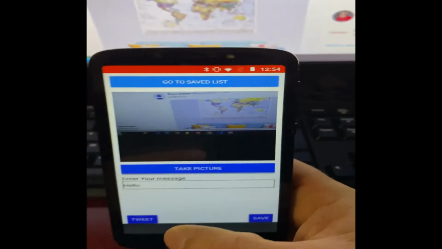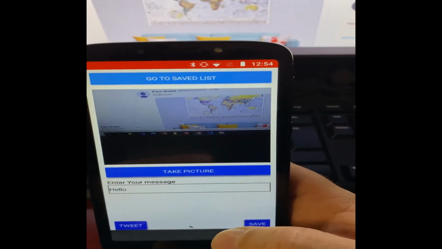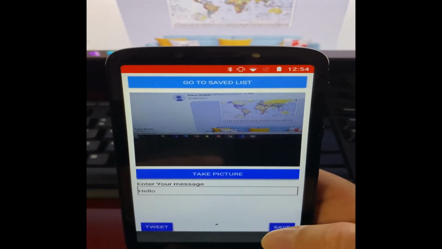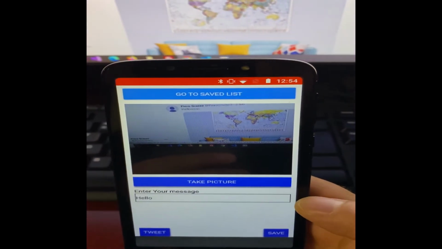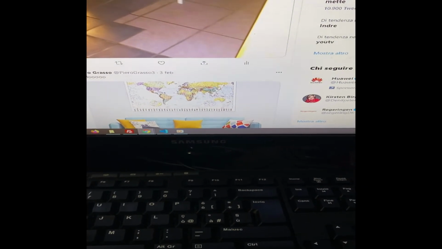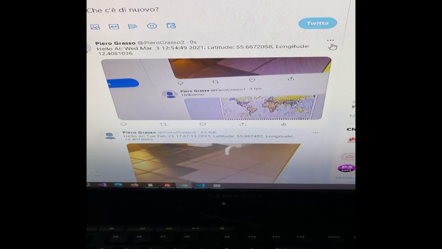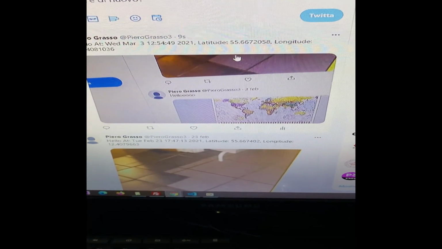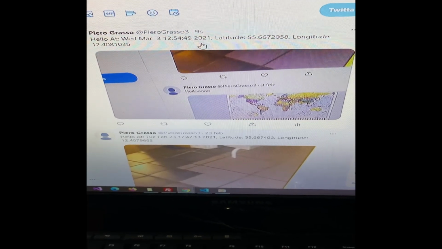Now I go to tweet. The mobile application is doing the upload of the picture and the text. Okay, I think it's done. I refresh the page of my Twitter and I got this new picture with my text and hello, and now the time is correct,